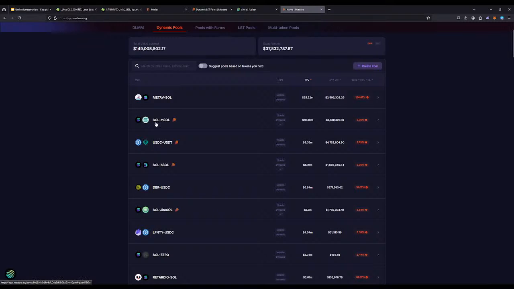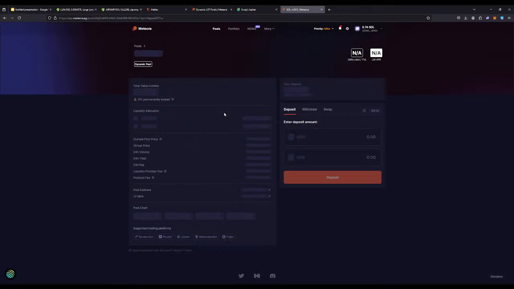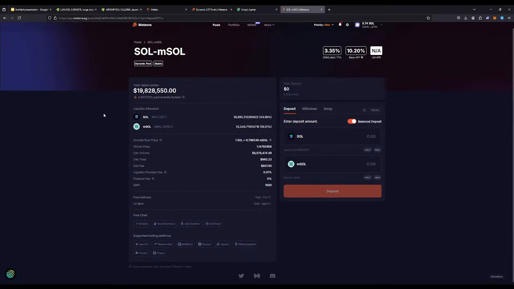Similarly, in the case of the SOL-mSOL pool, both these tokens have vaults. So for both these tokens, most of the unutilized liquidity is being lent out on other platforms, and then you're getting extra yield from those platforms, as well as your active liquidity that is making you liquidity rewards. So if, for example, we open this up and look at some of these statistics,